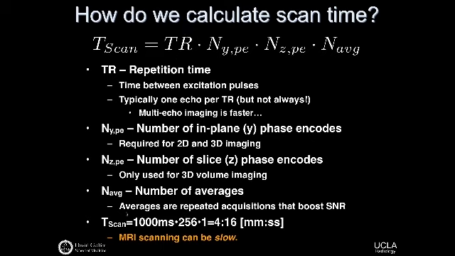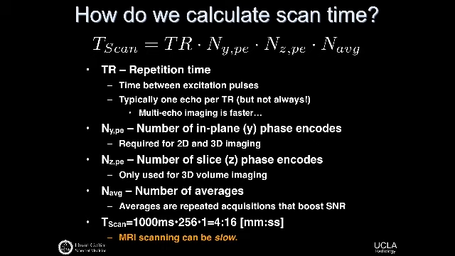And there's a really simple example here on the bottom. If you want to calculate your scan time, maybe your TR is 1,000 milliseconds, maybe you have 256 phase encode steps, 256 lines of K-space. In this example, you're not doing any Z encoding and you're not doing any averages. That's a 4-minute acquisition. And so you can see how, were you to acquire an average, all of a sudden it's an 8-minute acquisition. And you may or may not need to do that to improve the overall signal to